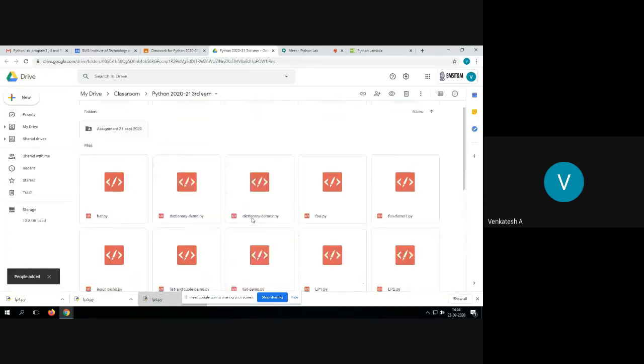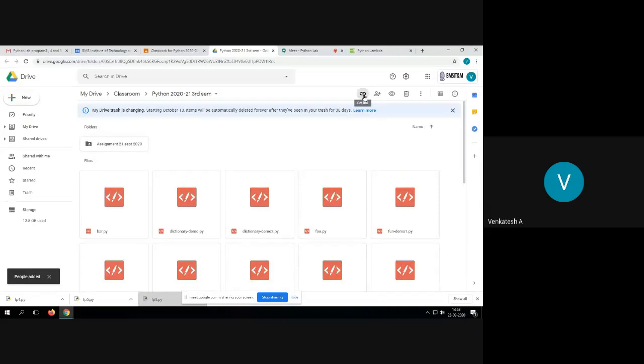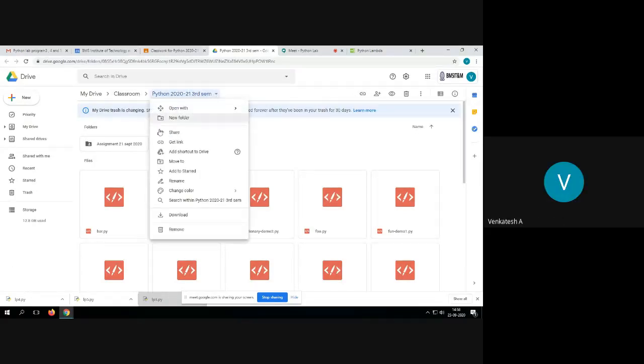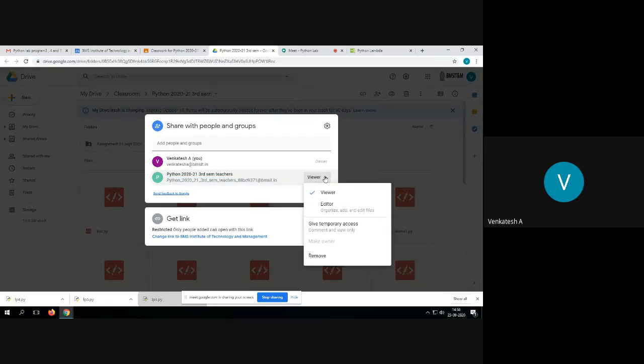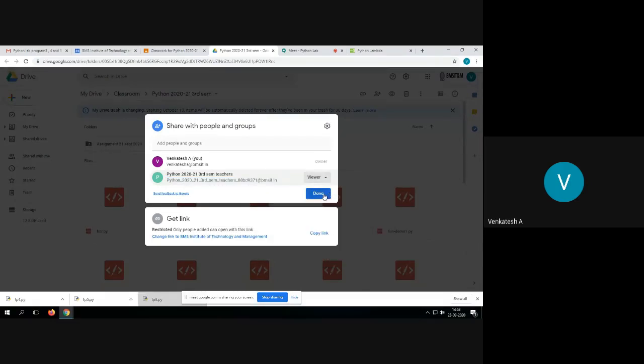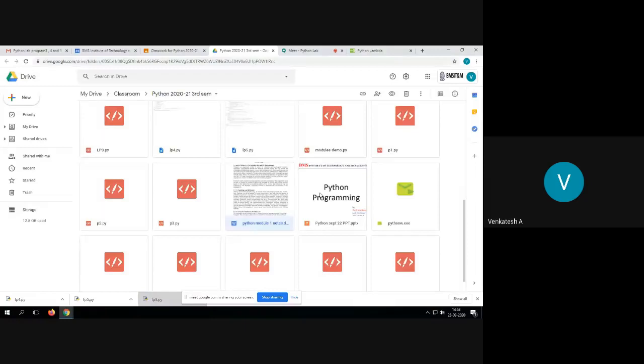Okay, you all have got it. Yeah, sir, now it came. But what about this share option? See, I have shared. Can you see here? I have shared, done. You have to use the Chrome browser.